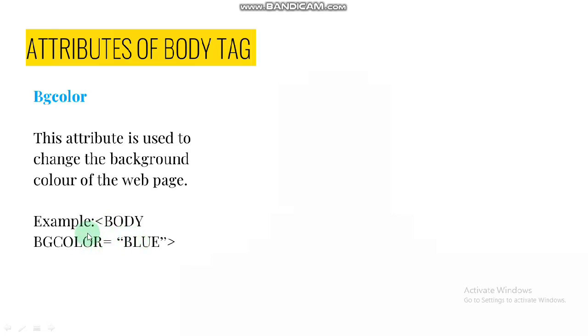See, whenever I want to assign a value to my BG color, that is the background color, I always have to use this equal to sign. Children, you must have learned that this equal to sign means assigning a value. So this blue value I am assigning to the background color, means I want this blue color to be in the background. See the spelling, you can use any color name, even color codes are also there, but as of now you are going to do with the naming thing. So BLUE, blue. Similarly you can go for green also, red also, and yellow also. So body, then after you put space and then you write BG color equals to blue, and then this tag.